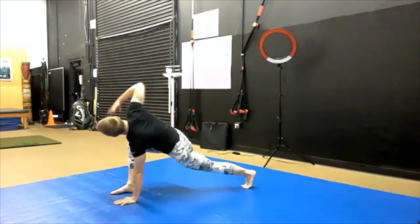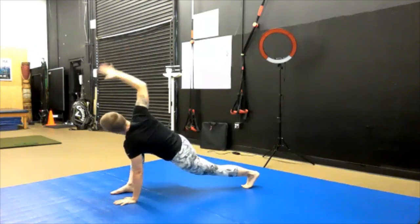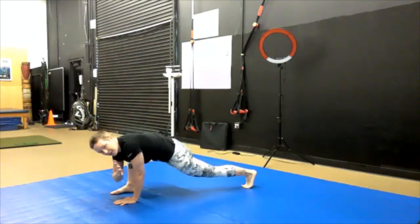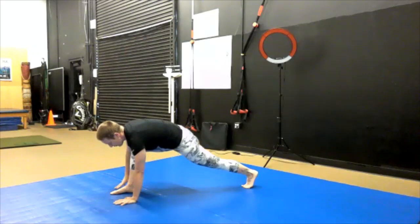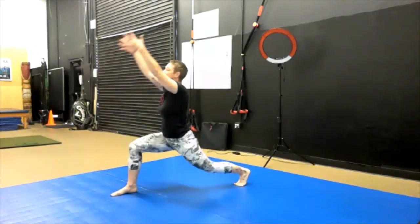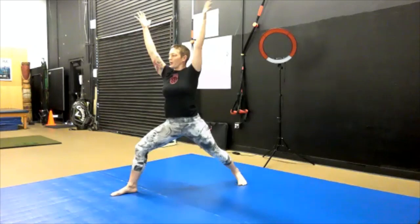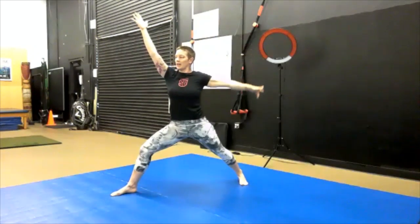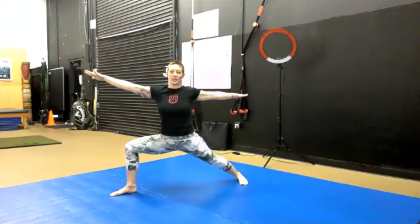One more time. Inhaling high. Good. Exhale. Hand comes close to the ground, or it can touch. And then both hands can find the floor again in our lunge. Let's inhale. Both hands can come up high. And we'll open up warrior two, lowering that left heel down, bending the right knee, opening our arms up in